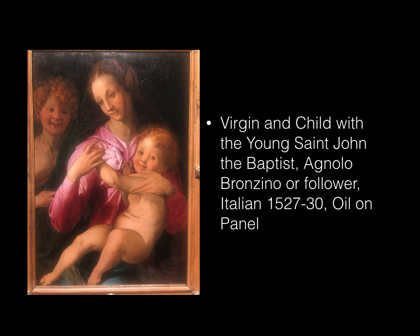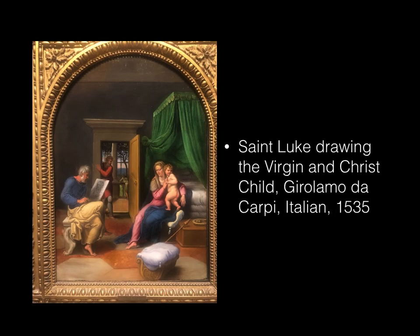Another Virgin and Child, with John the Baptist a little older in the background. This one is Italian Renaissance as well. I really like this image. This is one of my favorites as well, because in this one, like I said before, tradition says that in the first century,